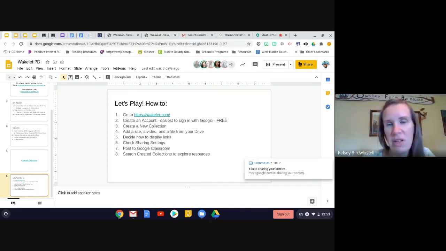If you assign something like that, I'm sure you could do it in conjunction with a doc or form where they had to share the link with you. That might make access to their Wakelet a little bit easier. So do think about it in terms of content. Think about ways that it might work in conjunction with other tools you're already familiar with that might help streamline your grading and things like that as well.